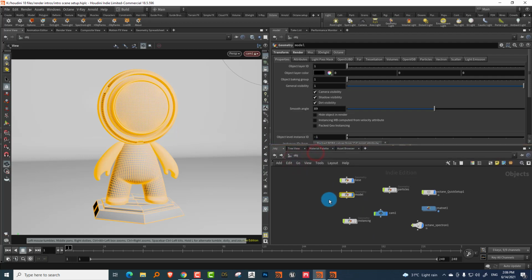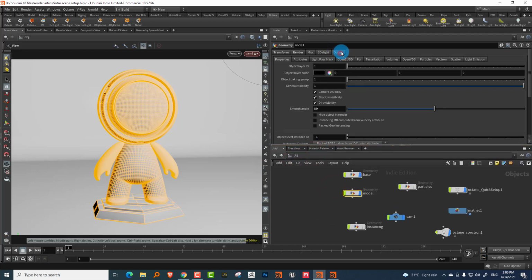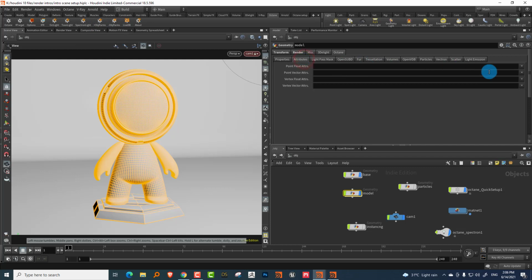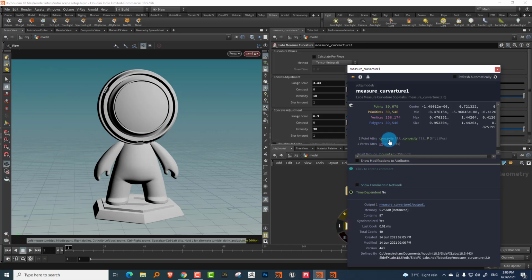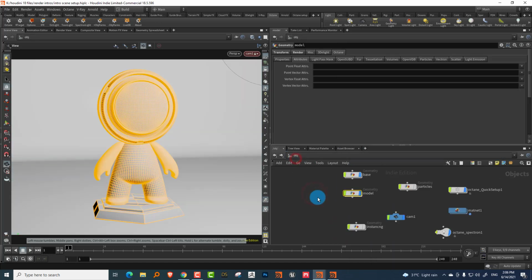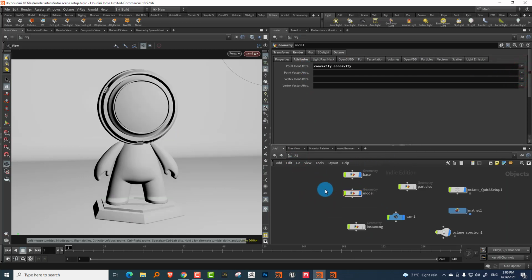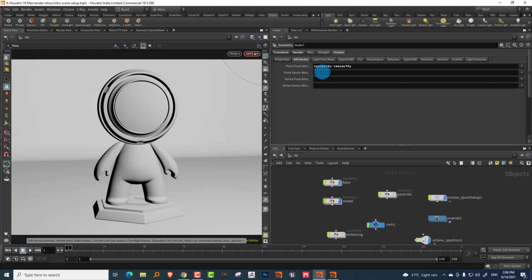Now what you need to do is make sure you have the Octane object properties. If they're not there, then you can add them from here, like you have object parameters. Okay, and then come into attributes, and these are float attributes. If you middle click here or click on the eye, you'll see these both are float attributes. So click on that and then come to point float attributes, and you can pick up concavity and convexity. If you want to pick up color, then it should be in the vector attribute.